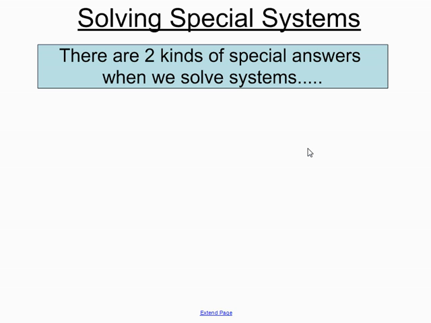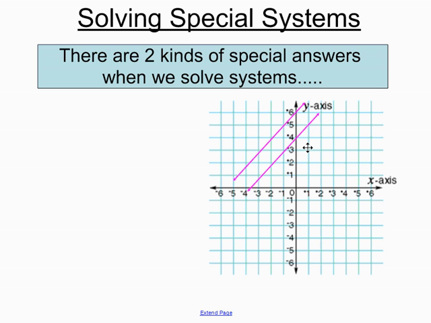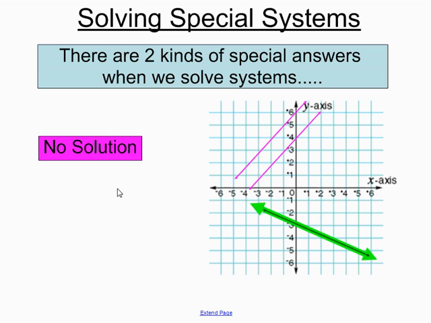So we have lines that crisscross, and then we're going to have lines that run in the same direction but never cross. We know those as parallel lines. Well, if the lines are parallel, that means they're never going to cross each other, and therefore there is no solution to that system. We also know that there's another possibility, and we saw this when we were solving variables on both sides, that we could have infinitely many solutions. The same is true in systems.